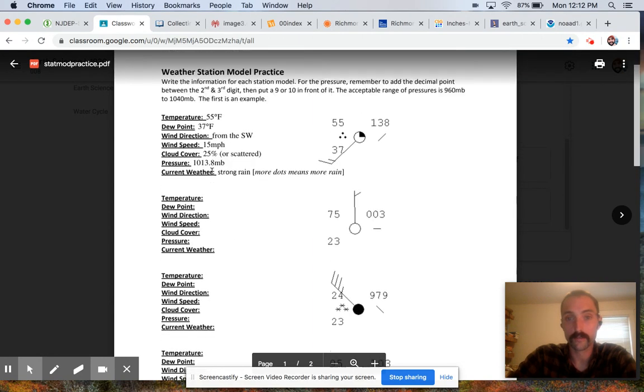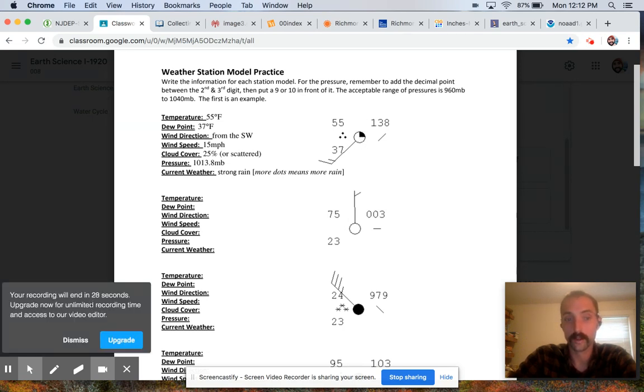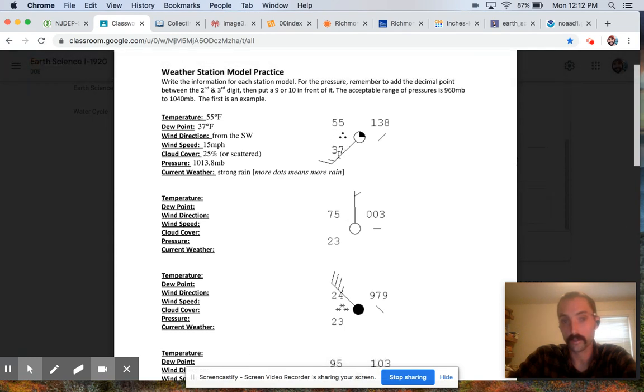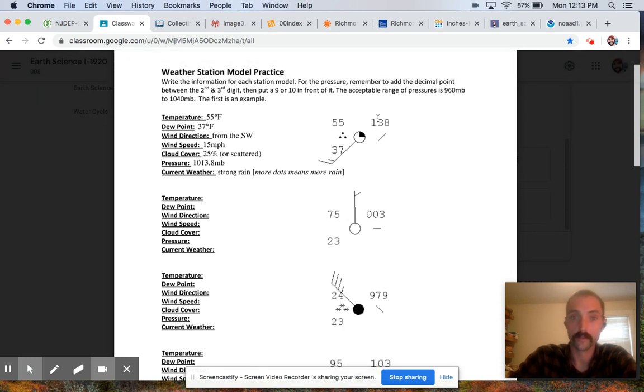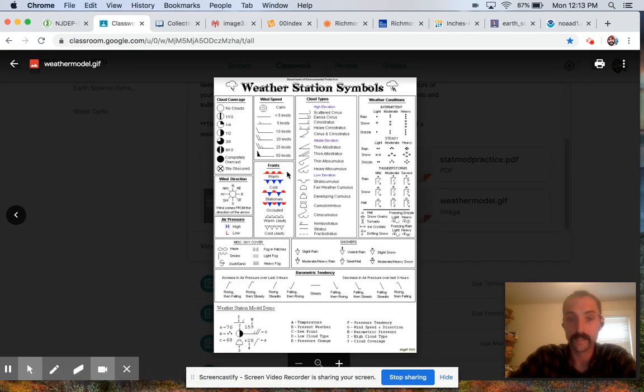So first things first, just interpreting a weather station model, which they've done for you in the first one. You always have a circle. That's what they start with. They sometimes are colored in a fourth, a half, or fully colored in. This will determine cloud coverage. The top left number is going to show you temperature. The bottom left number is going to show you dew point, and the top right number is going to show you the barometric pressure of that location. And then you might have symbols here, which will show you the current weather. So going back to Classroom again, I've also provided a weather station symbol key. This key gives